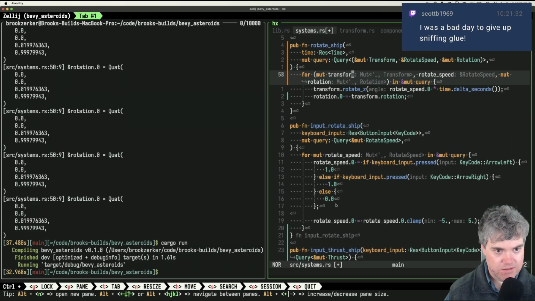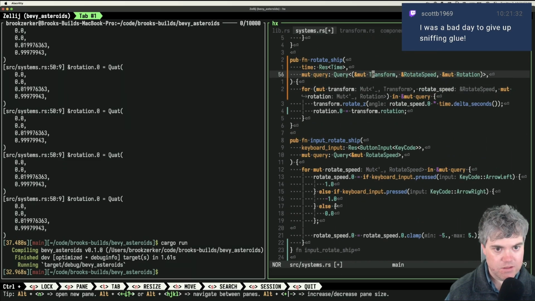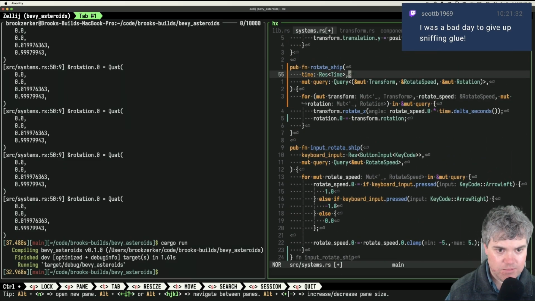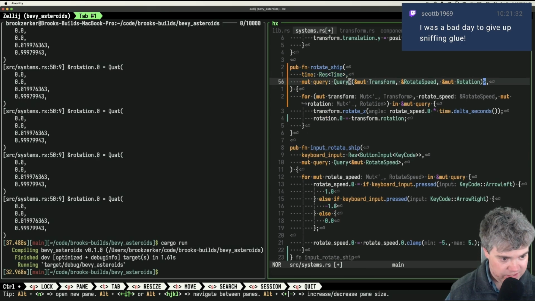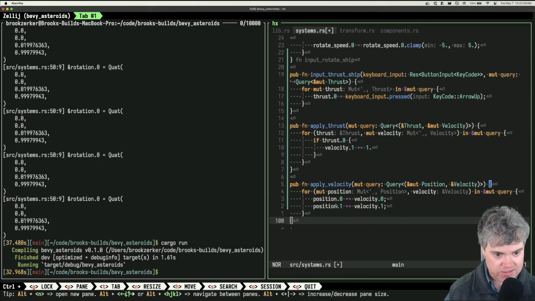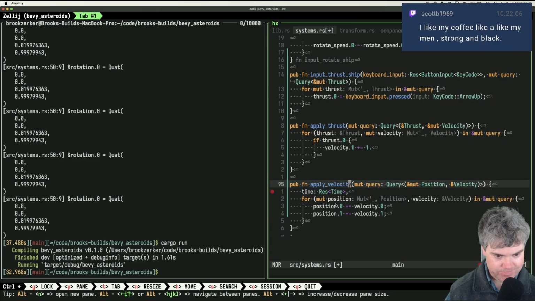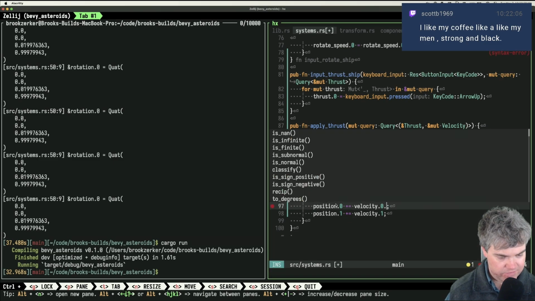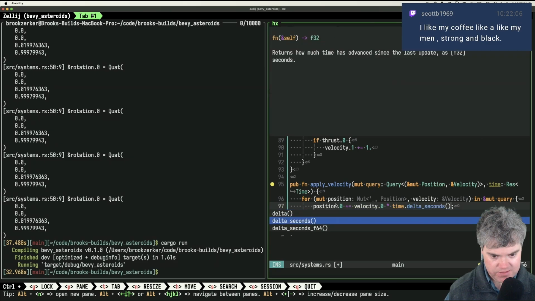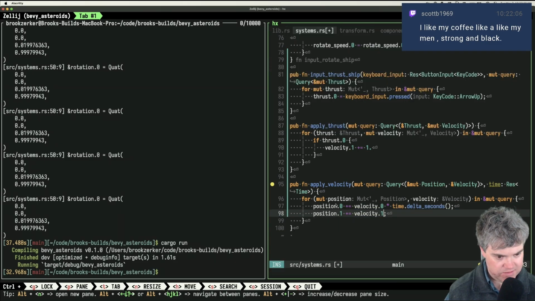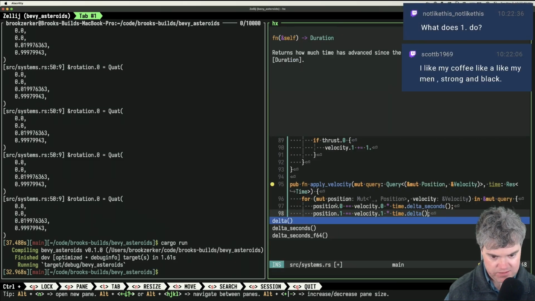Where was that? Right. So nope, don't actually delete it. Yank it and then time to delta seconds. Okay, so if I do that, we get time. Then we're gonna have time dot delta seconds.